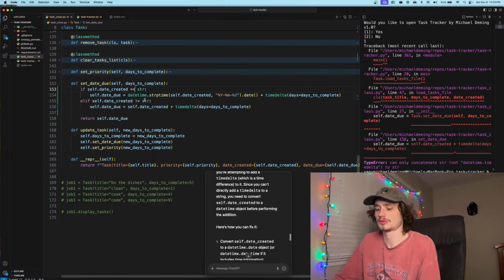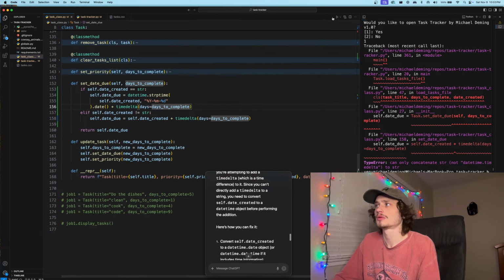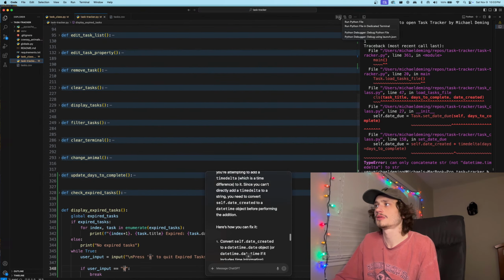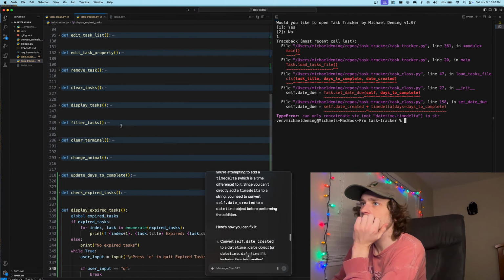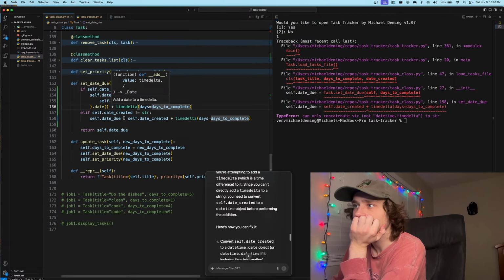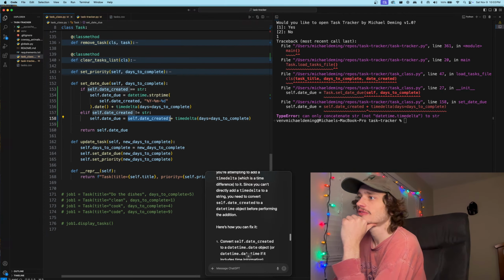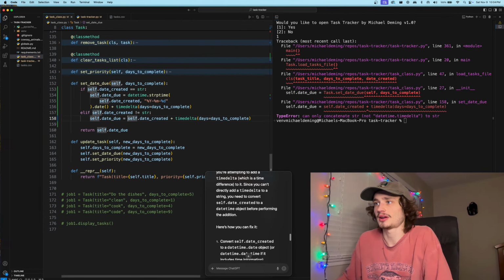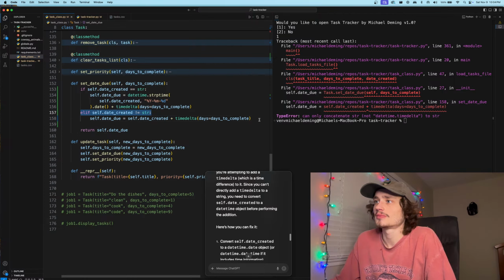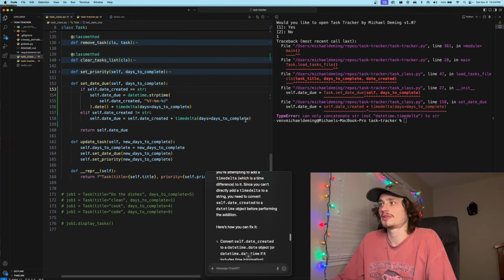Is equal to str. I don't know. No, I'm getting these errors still. So I need to convert, but I obviously know I need to convert this value here into a datetime object. I could easily just say datetime.date, right? But that's not,